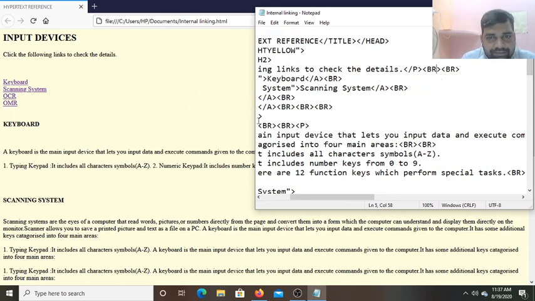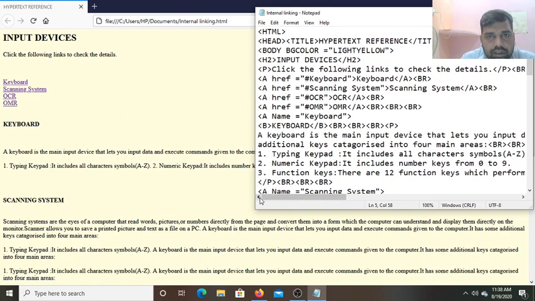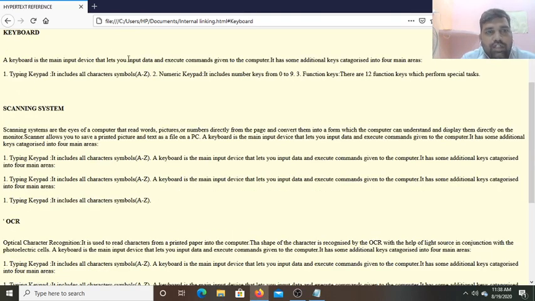After that you can see this highlighted, this is the link, which is blue in color and underlined. So 4 links are created with the help of this anchor tag href hash keyboard and so on. This hash indicates that this link is an internal link. So when I click on this link, now see the changes. Internal link keyboard is up only. Now see it will come up. Now see the keyboard comes to the top of the web page.